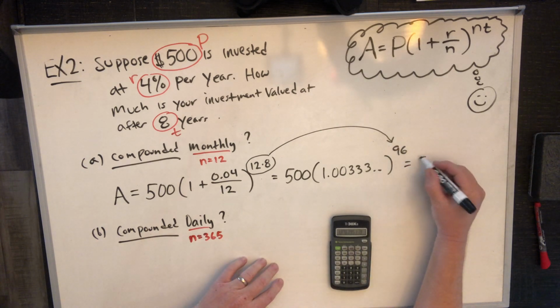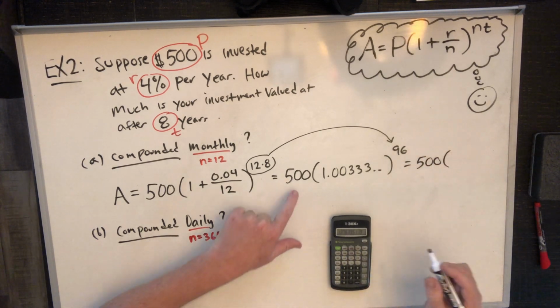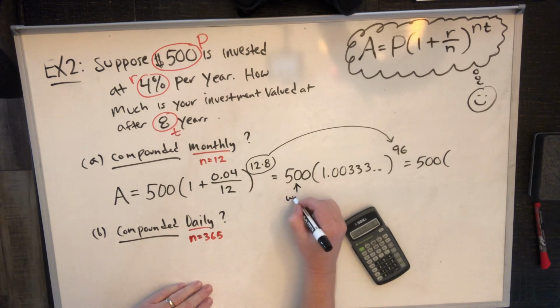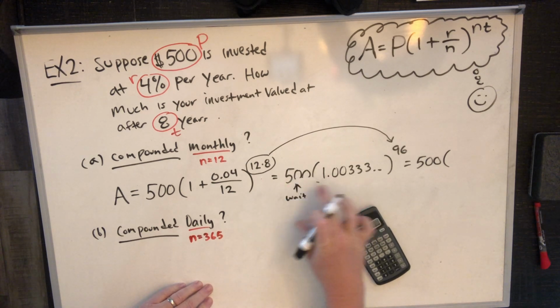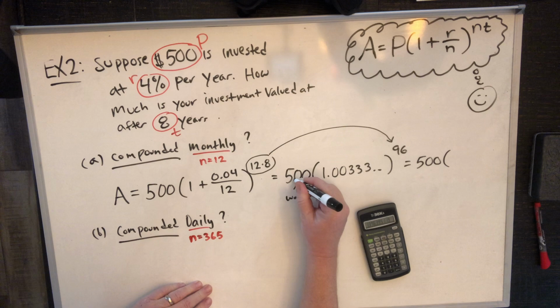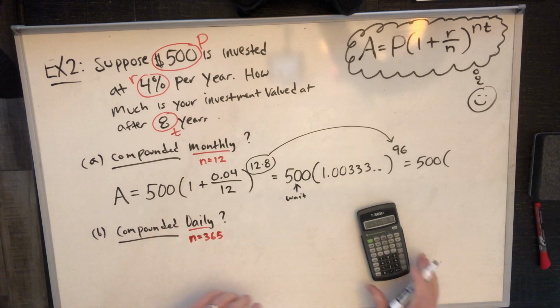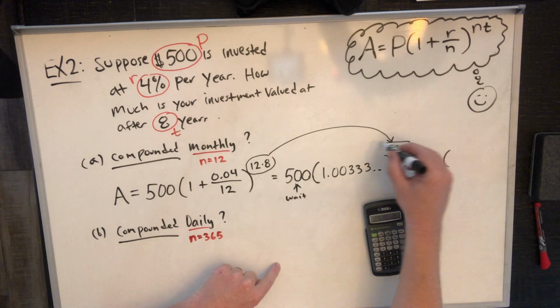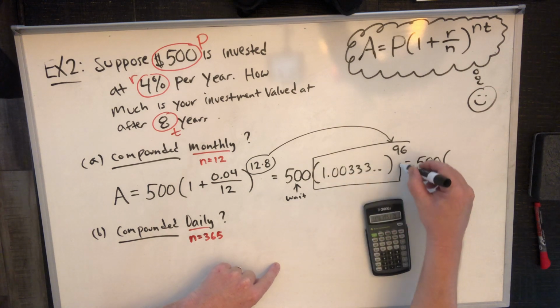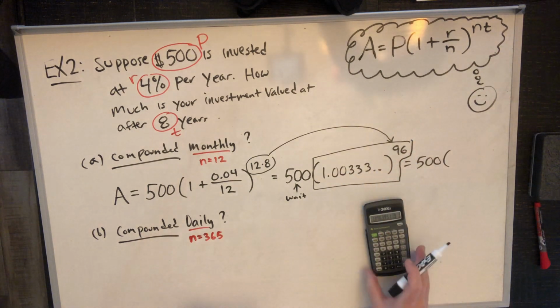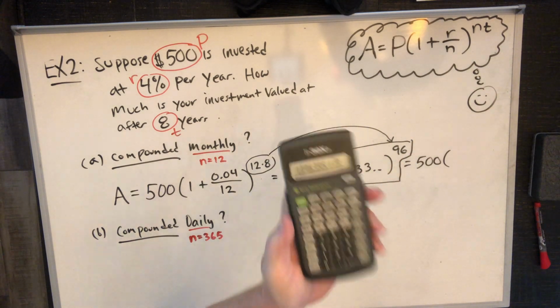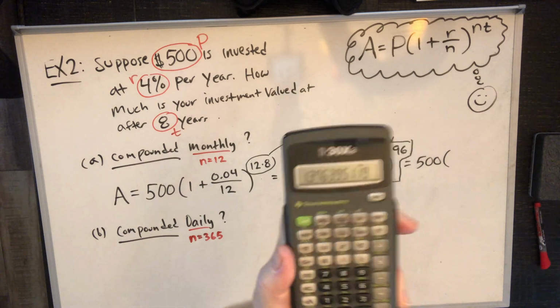So that's going to be 500. Remember, wait on the 500. If you multiply the 500 too soon, it's going to screw everything all up. First thing you want to do is do this part first. Multiply the base to the 96th power. I don't know if you can see that on the screen there. That's